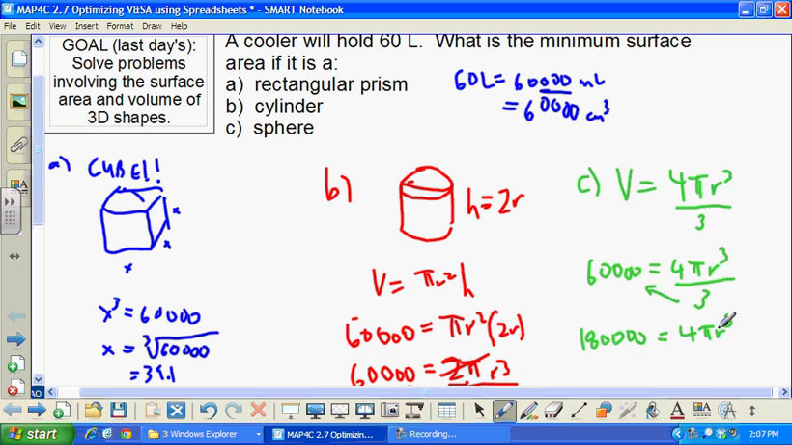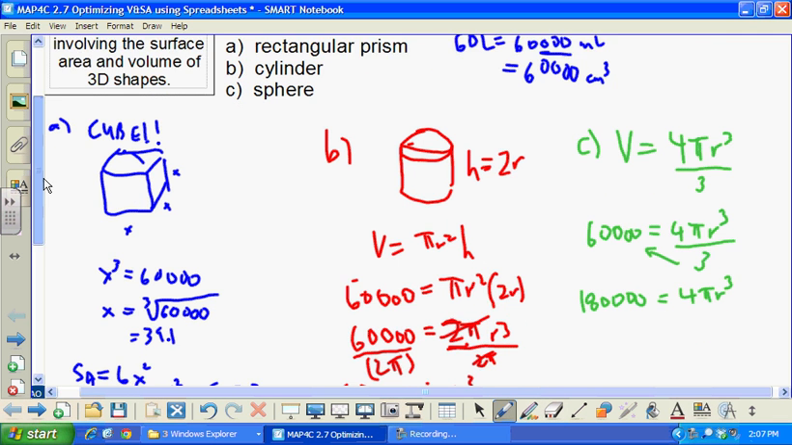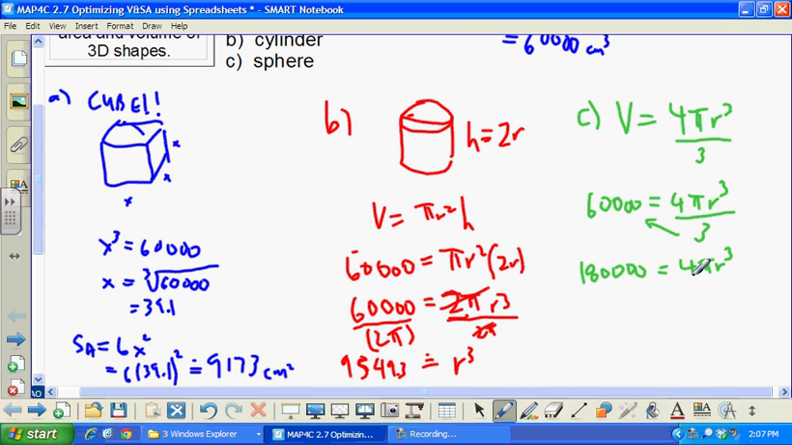Again, I've got to get the r cubed alone before I can cube root it, so I'm dividing by 4 pi on both sides. And that's going to cancel out. On this side I'll have r cubed. This goes into a calculator. Watch your brackets again. And that's